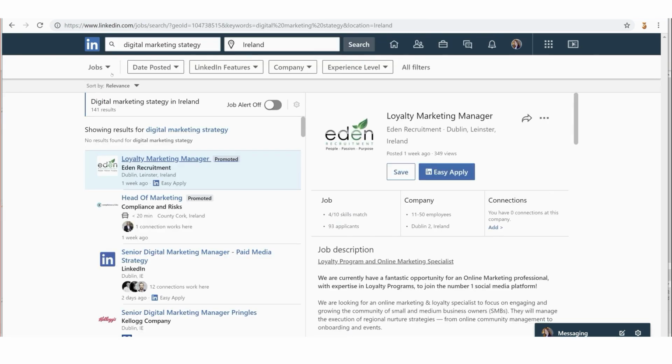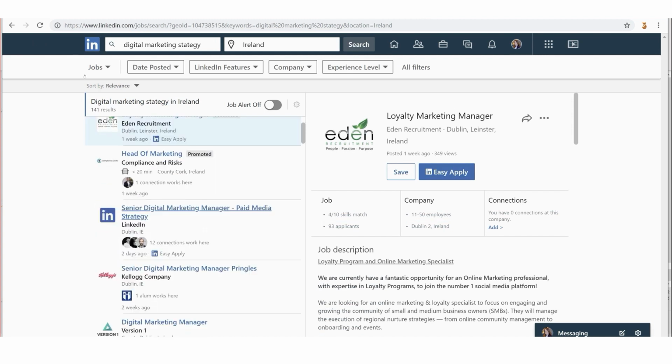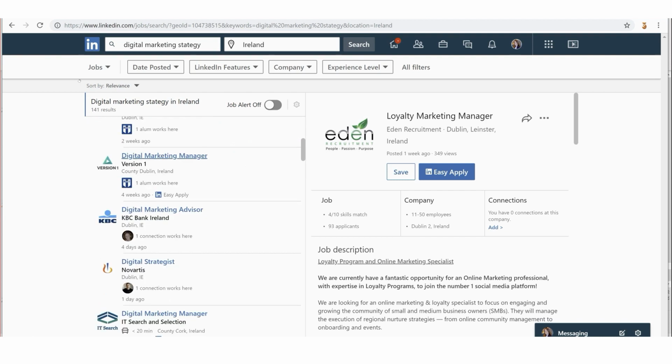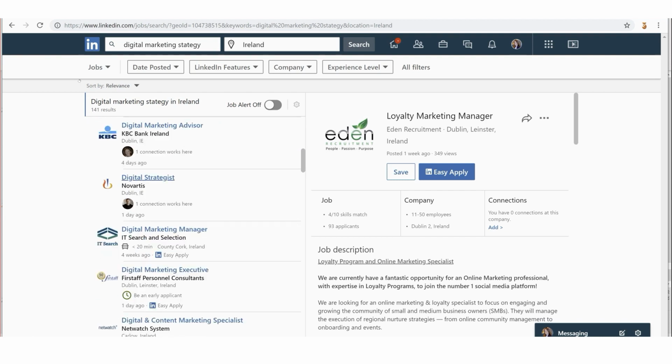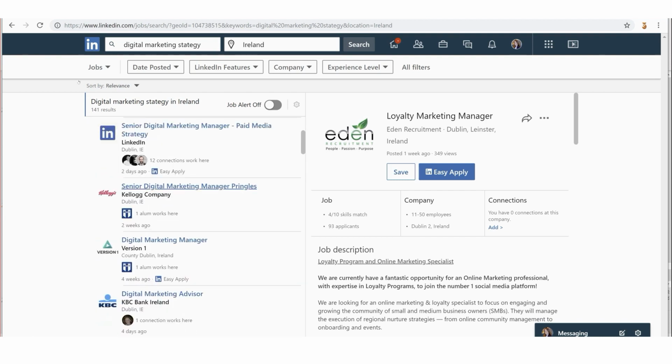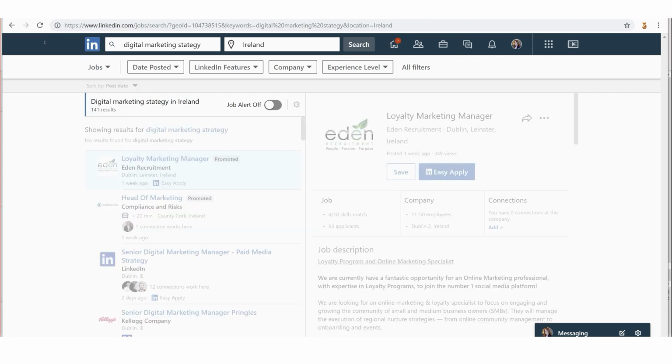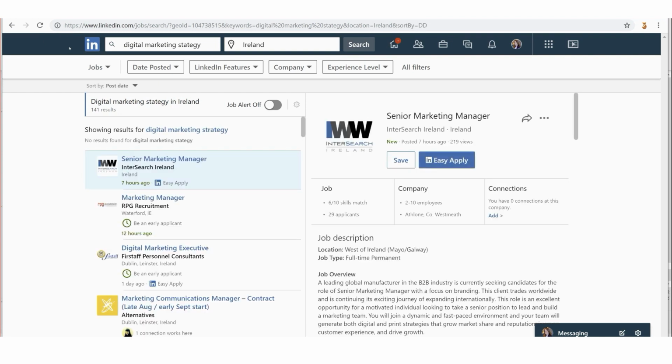So you can see here that I've got 141 results. There's a couple of promoted ones up at the top, and then we get into other ones underneath, and they mostly seem to be in Dublin, although there's one in Cork. Now, instead of me having to scroll down through each one of them and read them one by one, there's a couple of things I can do. It's sorted up here by relevance, but what I could do is go by post date, let's say, because I only want the most recent ones.